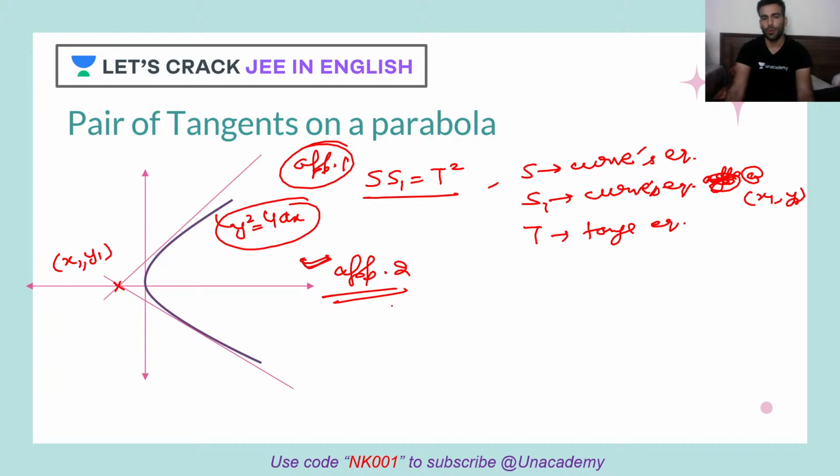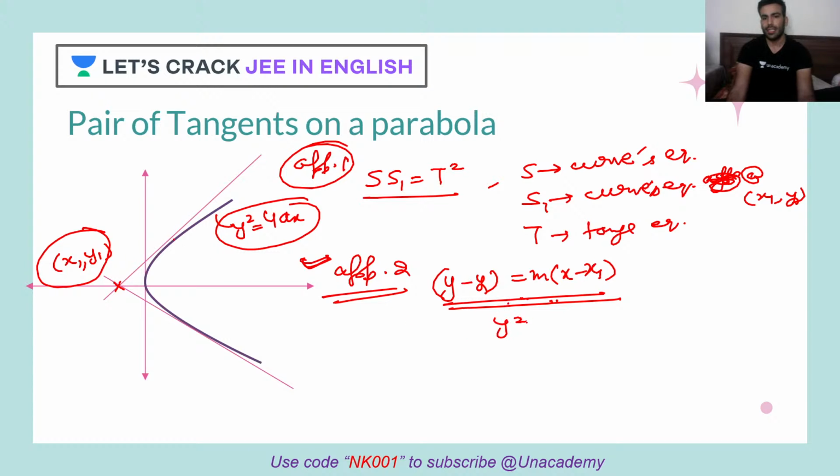So for that, what people do is, they see the point is given to you, correct? Only the slope is unknown. So what we do is, a line passing from this given point, we consider that this line is a tangent to this curve. When this line is a tangent to this curve, what will happen? Yes, tell me guys. I can tell you a smarter approach as well, but let's see how you would be proceeding.